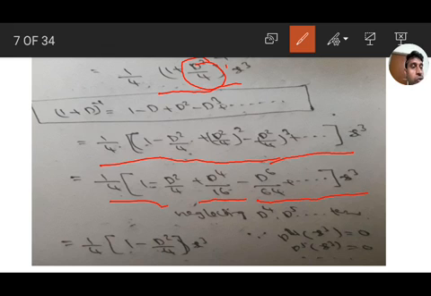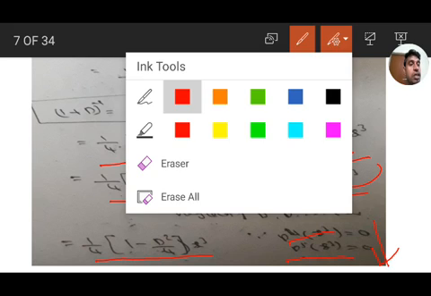Neglecting d to the power of 4, 5, 6 terms, because here we have x³ of degree 3. So the fourth derivative of x³, fifth derivative, sixth derivative and so on, all the values are 0. So neglecting those higher order terms: if it is x to the power of 10, we have to take up to d to the power of 10, because from the 11th order derivative onwards it is 0. Here it is third degree, so the fourth order is 0, only up to d³. Here we have up to d³, meaning 1 by 4, 1 minus d²/4 of x³. Next, differentiate term by term.